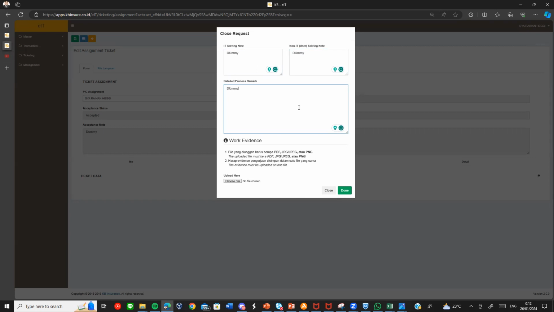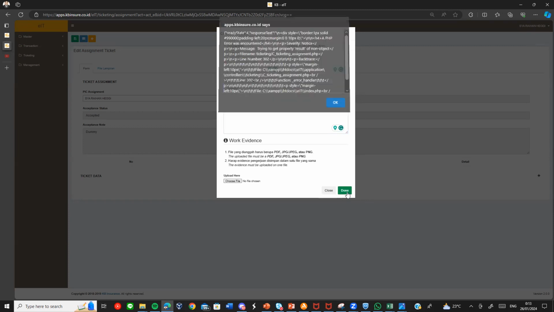There are inputs needed to fill, because we want to create a database of how we fixed the system, and we have the catalog to fix it in the future if this happens again, and the work evidence too, if any SP or document can be attached to improve our database of the improvement in the next step.